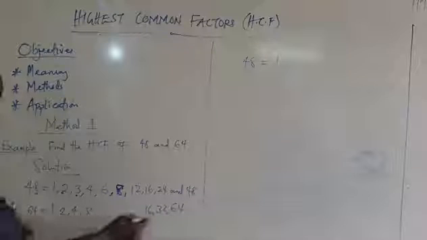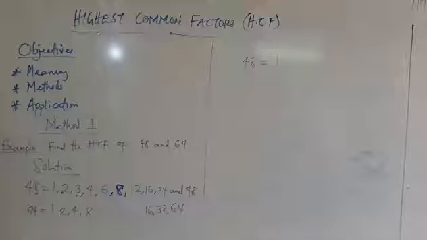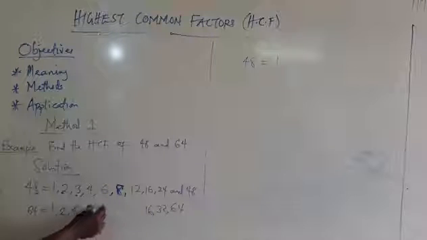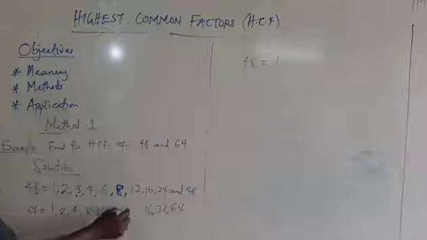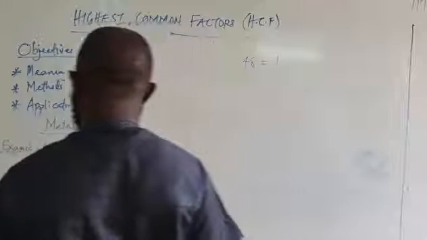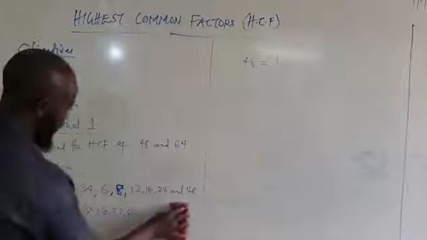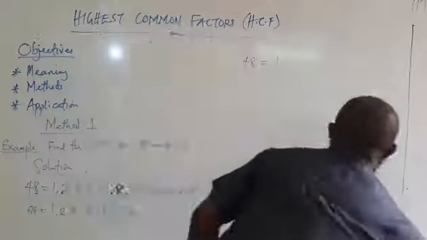No. So these are the numbers that can divide 64. Yes, that is 16, 32, and then 64. We have lifted out this one. So the next stage is to look at